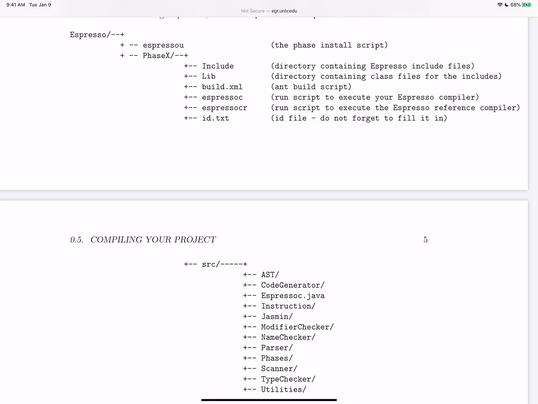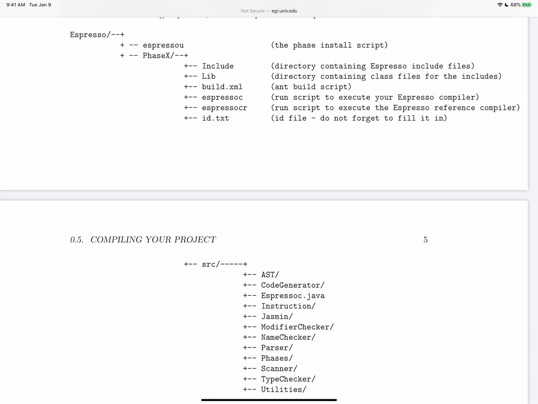You have an include and a lib directory, which is used for libraries, and we don't have to worry about that right away. Then we have an ant build script, and basically that just says how do we compile the entire thing. Then we have two bash shell scripts. We have Espresso C, which is the Espresso compiler script, the one that will run and execute your compiler.